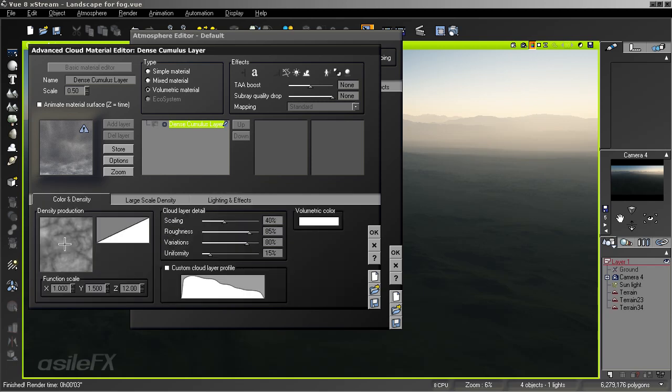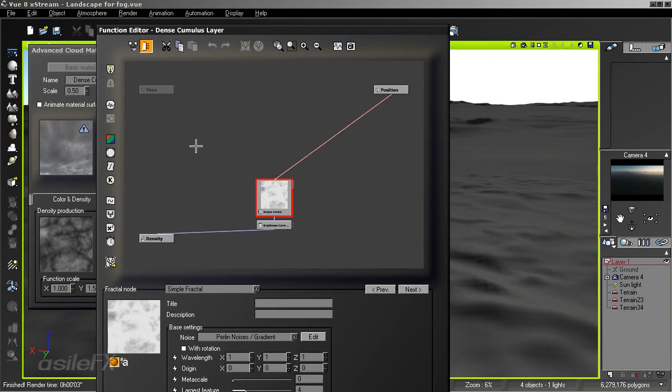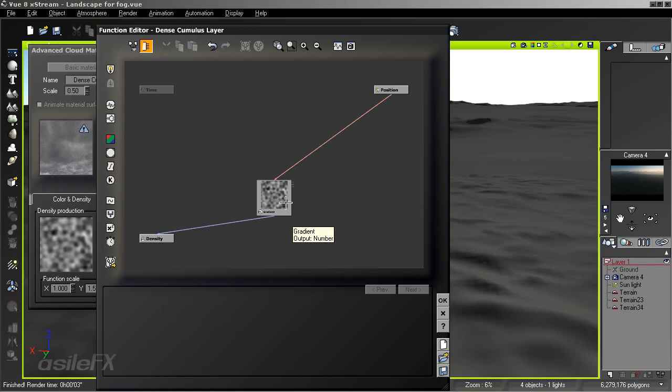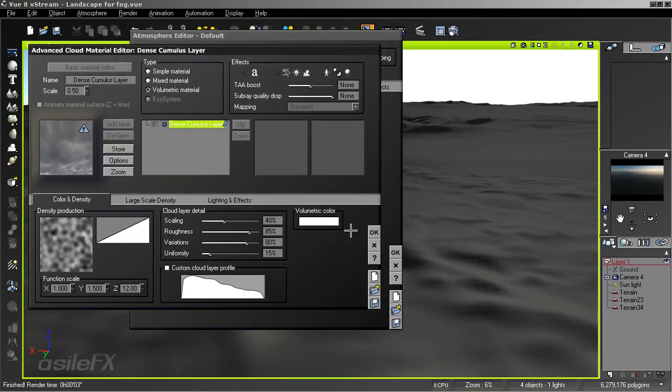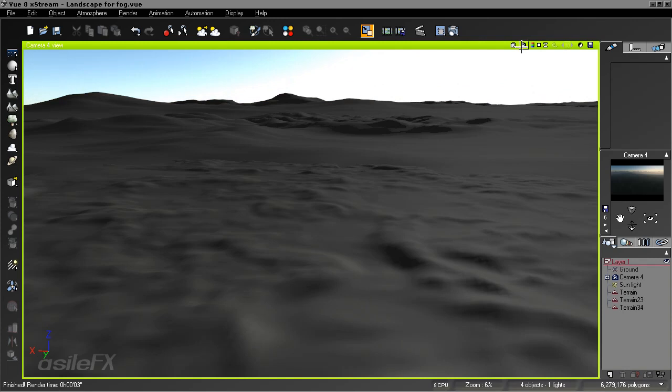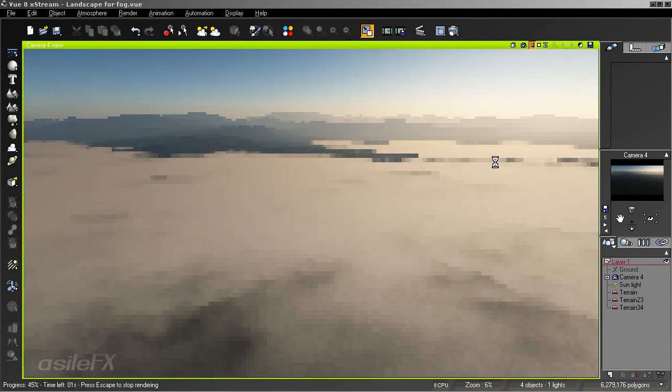I do want to make some modifications to the density production. Right now we have a Fractal node generating this. What we can do is just select the fractal and add in a noise node. Whether or not you want to use the ridged noise, it's really up to you. I'm going to turn off the ridged and also remove the brightness and contrast. So if we go ahead and close this out and now take a look at the render,